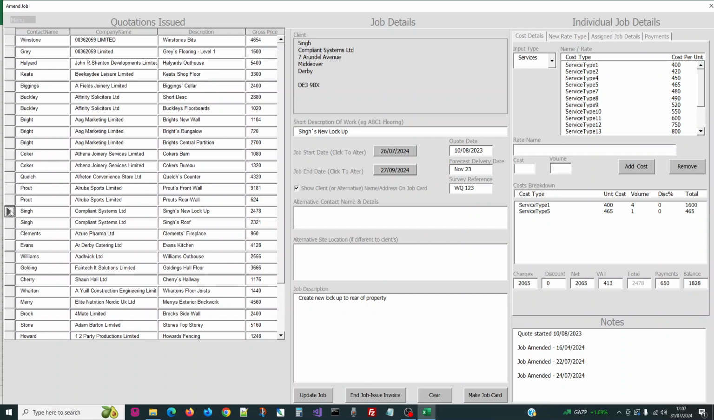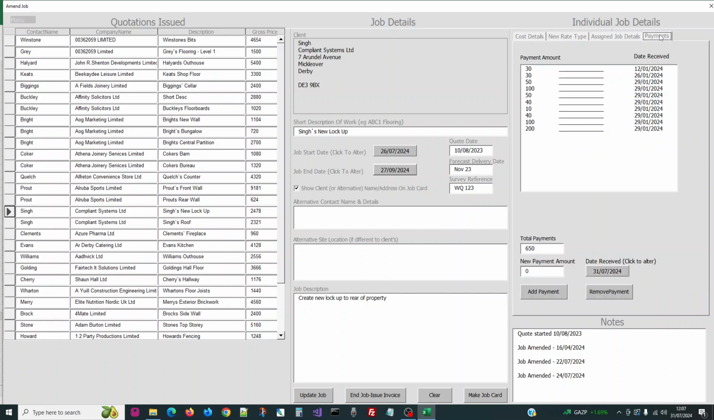small frames and pages, and the current one shows the cost details, so we can see the cost breakdown and the VAT, the total boxes down below, the VAT, total payments and balance. We can see the payment screen, which shows all the payments against this job, and also we can see things